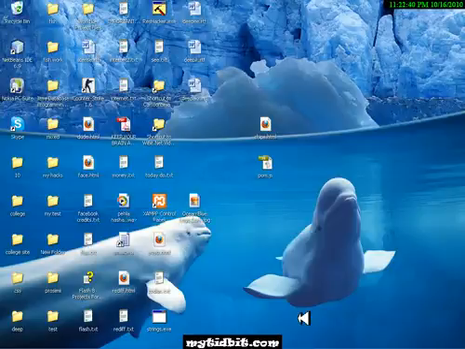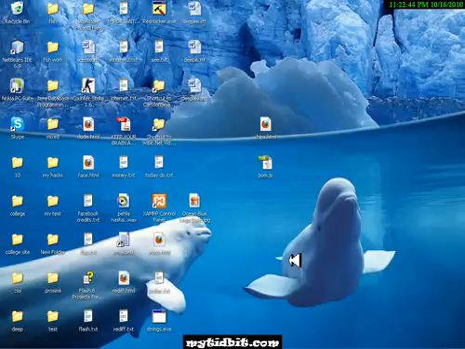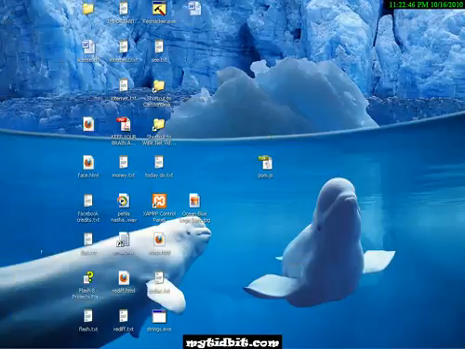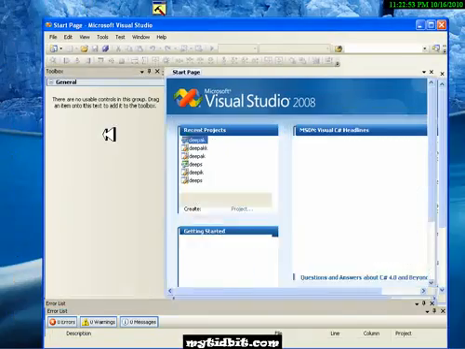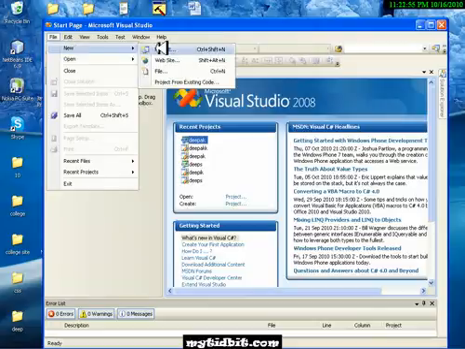Hi, now we'll see how to create an exe file, a setup file in .NET. I have a Visual Studio 2008 version installed in my system, and if you have 2005 also it's fine. To begin with, you can go for File, New Project, a new project, and in that